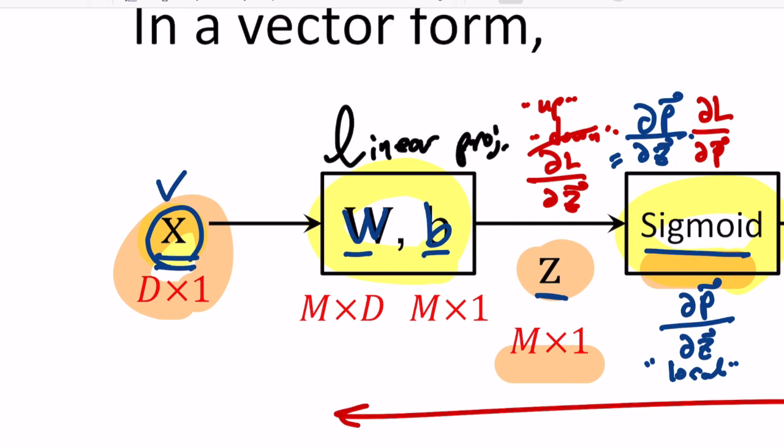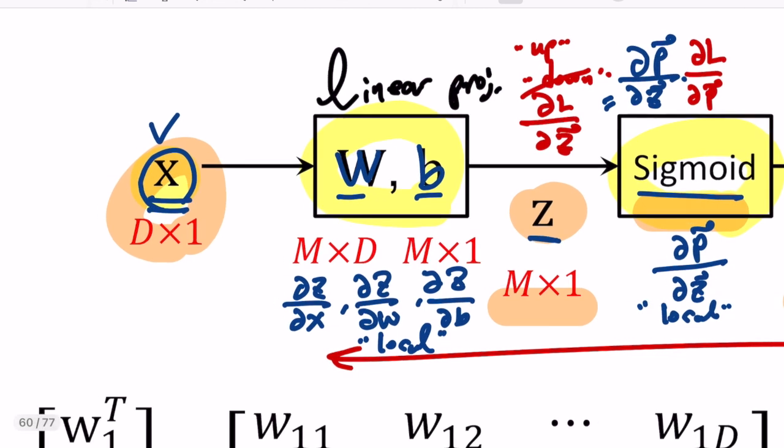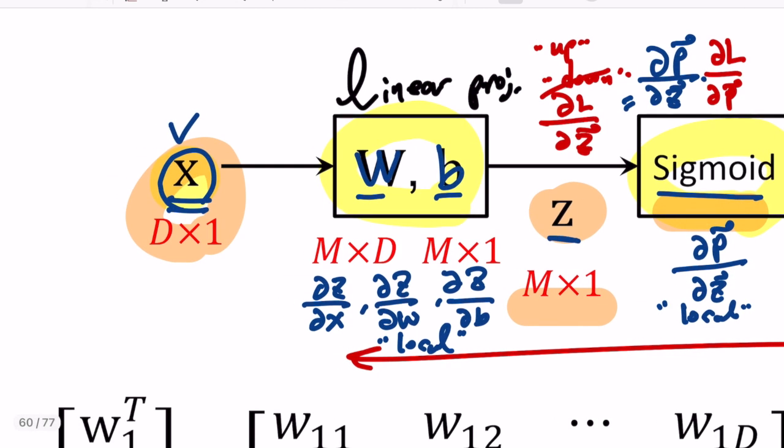It means that for the backpropagation, we have to know the local gradients z over x, z over w, then z over p, which are going to be the local gradients, right? Then by using this, we finally compute the downstream gradients